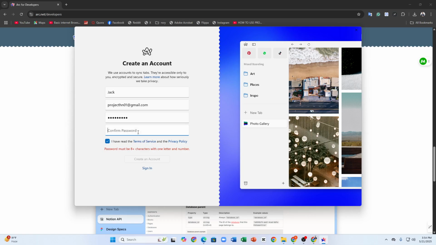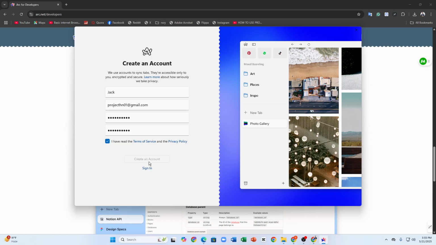Then you have to confirm your password. As you can see, the password must be 8 plus characters with one letter and number. So let me just add a letter and then let's tap onto create an account. So there we go,